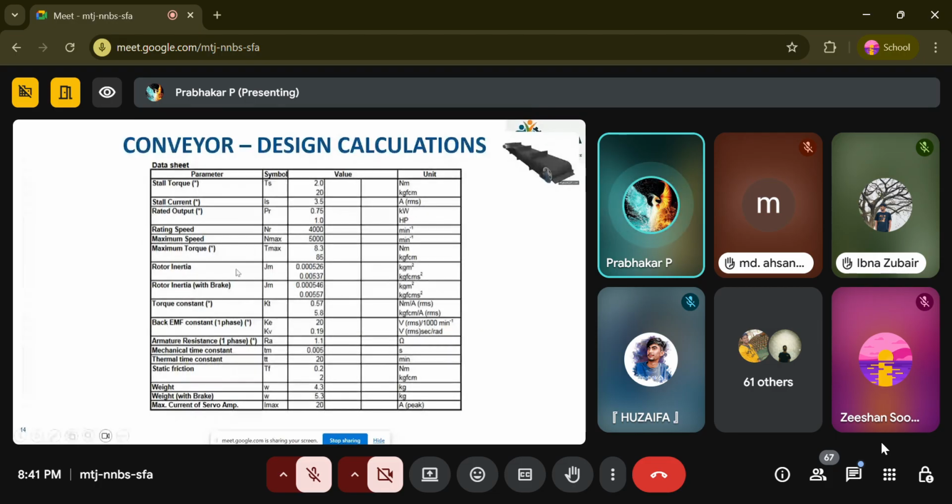Then the rotor inertia, which is the motor's own inertia, is provided, because the inertia ratio is also important. This inertia ratio will ensure proper stopping. The rotor inertia will increase when there is a braking system, which is shown here, and constant torque